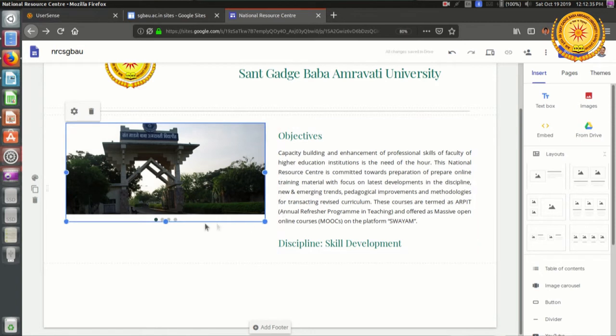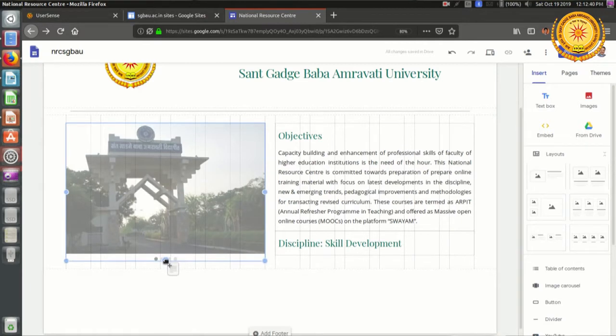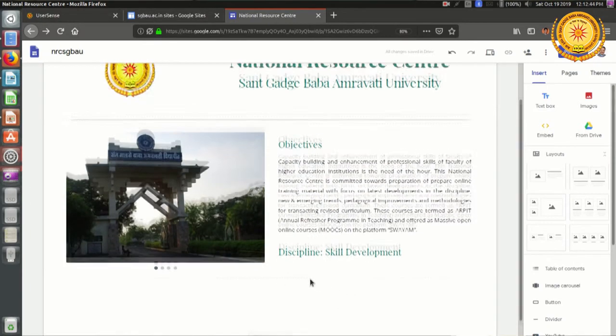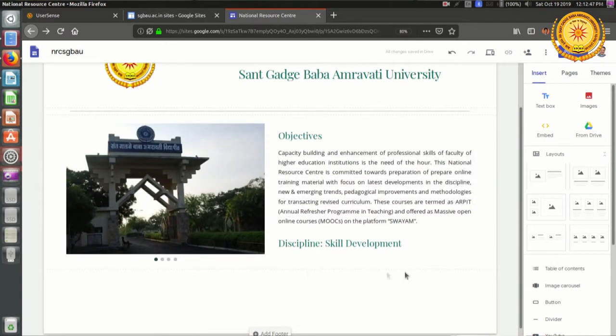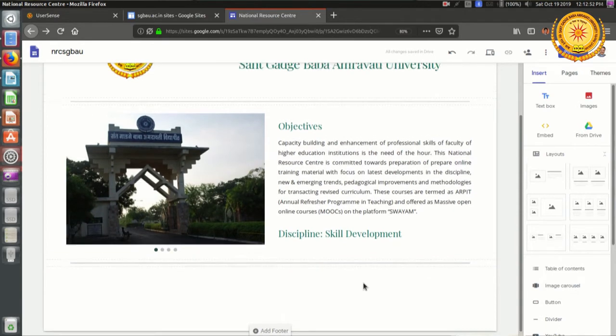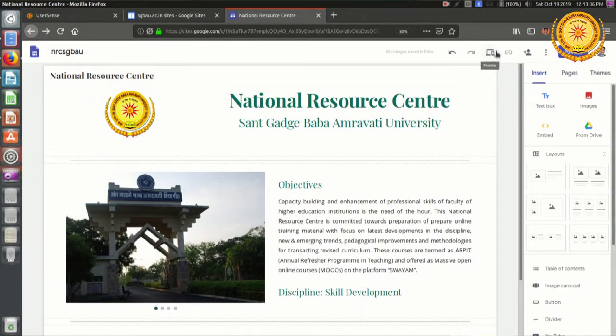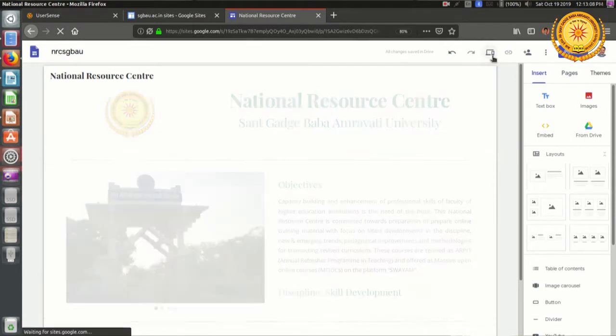So just click on these photos and drag it so that it is of the same size. Now you can see that it is of the same size. Just below this section I will need one more divider. So the divider has appeared. Again I would recommend you to preview whenever you add some new objects or make any change to your web page. That is available here in this preview button.